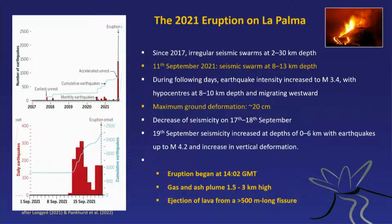And here are a few words about this eruption. It was known to scientists for quite some time. Years before, there were earthquakes already in 2017. So scientists knew something was happening there. In 2021, in mid-September, suddenly these earthquake swarms intensified, and they migrated through the crust. They migrated upwards, and that's not a good sign usually. That implies something is moving through the crust, and on a volcanic island, that is usually magma. So eventually the ground was starting to deform, the ground was swelling up as well, and you can see that